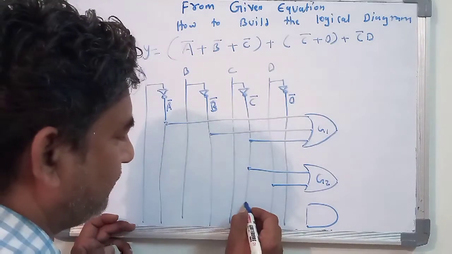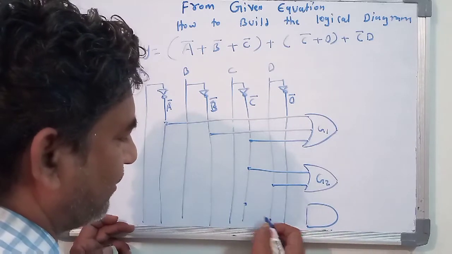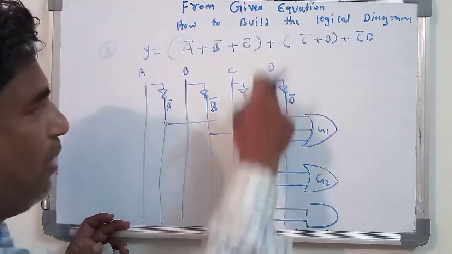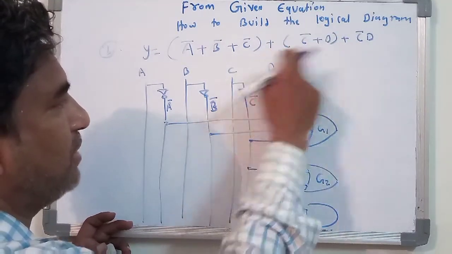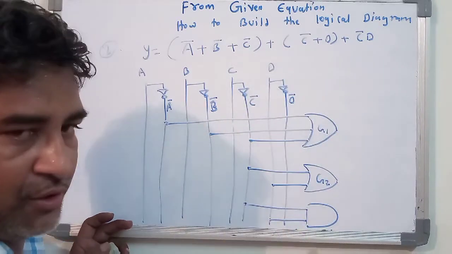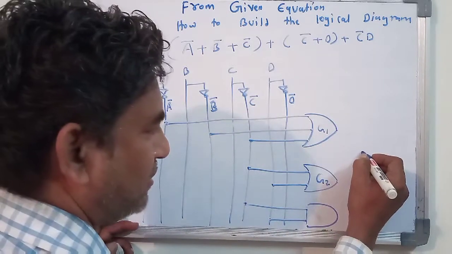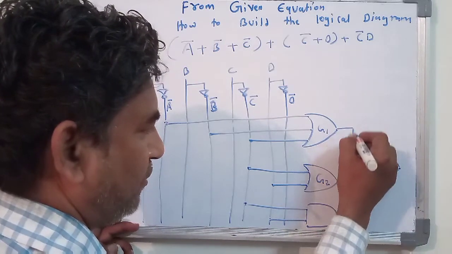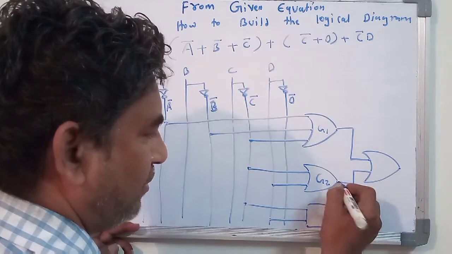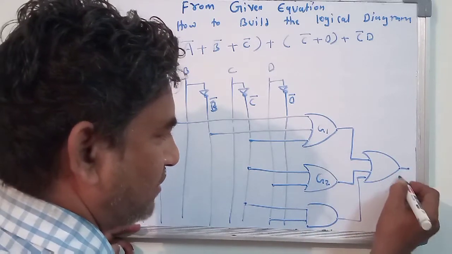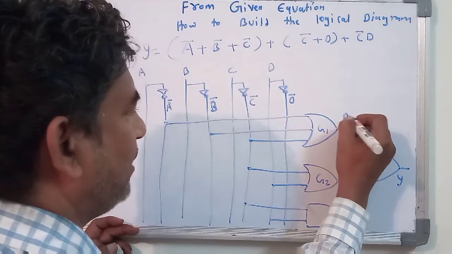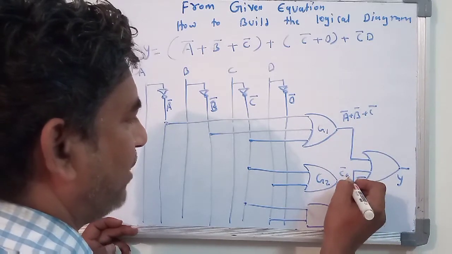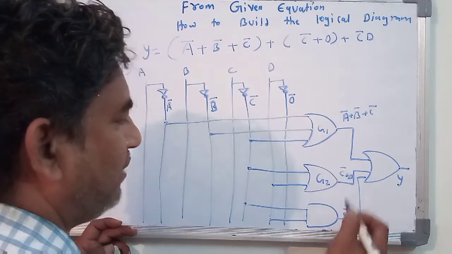Again the C bar line and the D line are connected like this. Okay, all these are connected with a plus, this plus and this plus. So you don't require two OR gates, only a single OR gate. You connect it with the inputs like this. And since the output will be here, you are getting the output A bar plus B bar plus C bar. Here you are obtaining the output C bar plus D. Here you are obtaining the output C bar D.